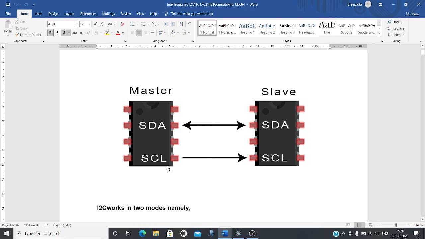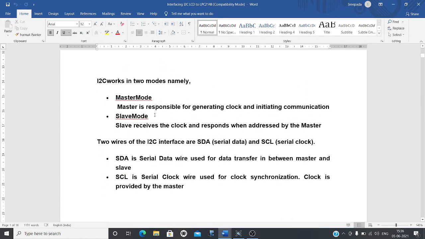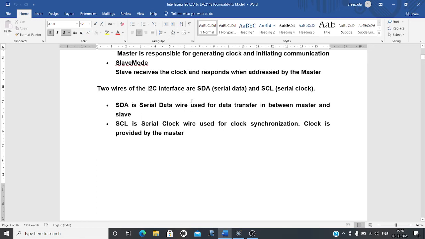In most cases the microcontroller will be the master. So I2C works in two modes: master mode and slave mode. There are two wires: SDA, that is serial data, and another one, serial clock. SDA is used for sending the data, and SCL is used for sending the clock information for synchronization.